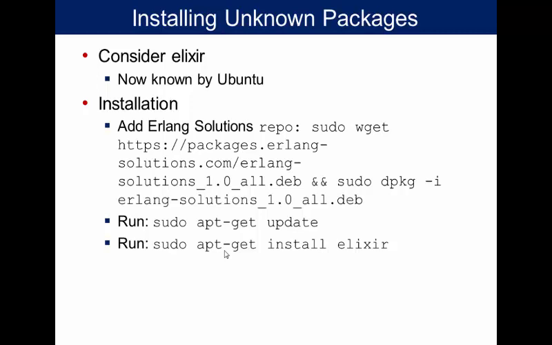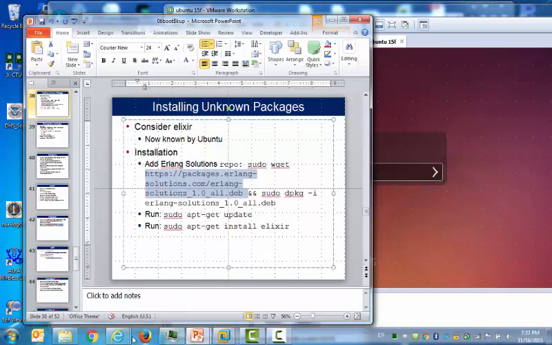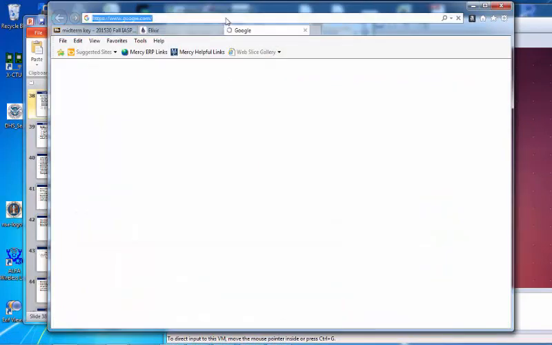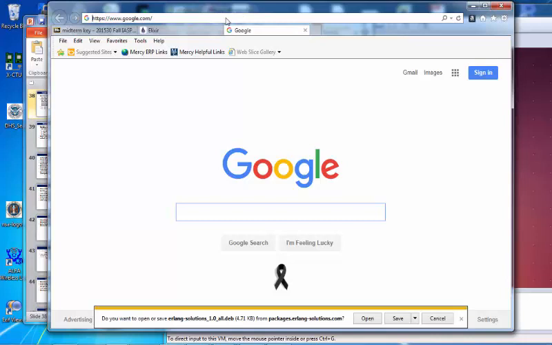wget to test. If you have exactly the correct URL, then what happens is, in this case it is okay, right?